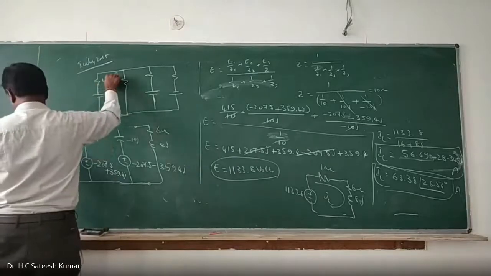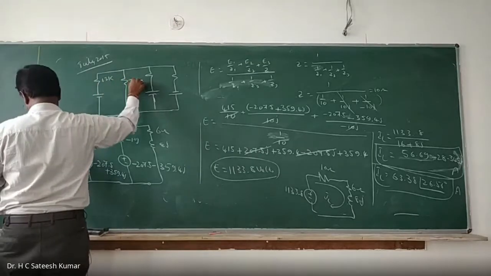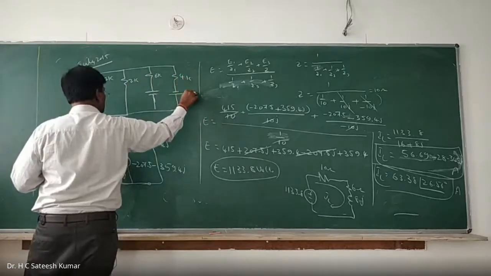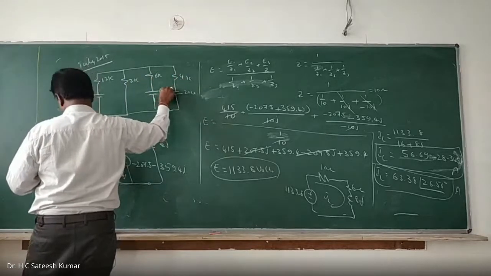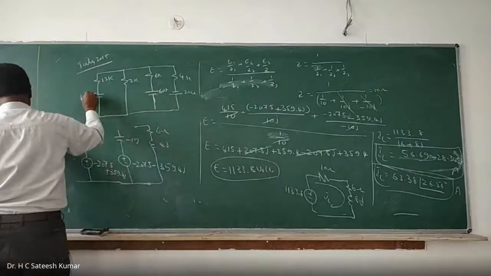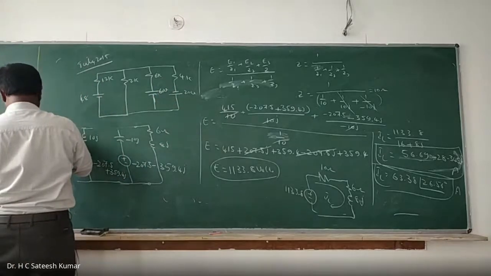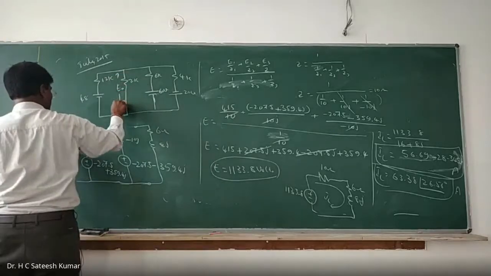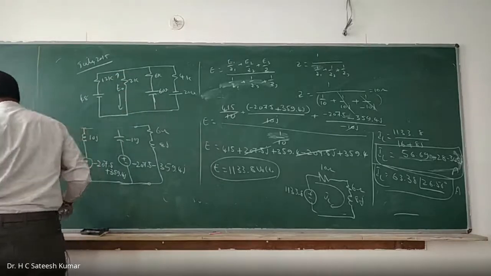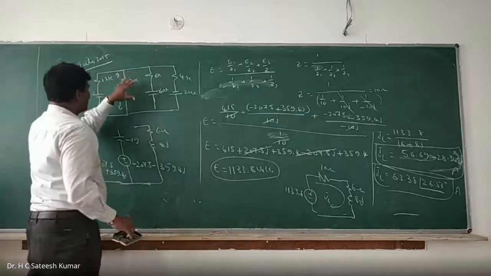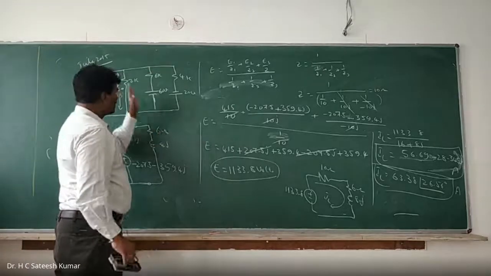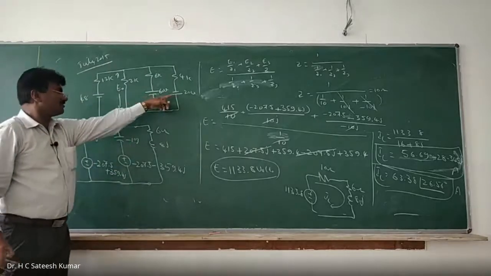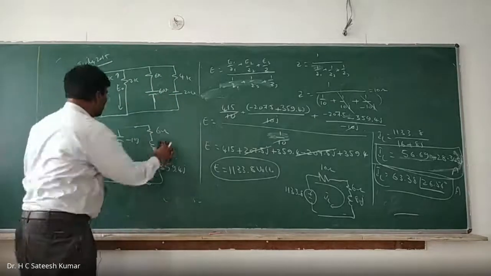12K, 2K, 6K, 4K, 20 volts, 60 volts, 48 volts. Now the question is, find the output voltage E0 using Millman's theorem. This is E0. So load he has given in the center, no problem, just to confuse you. When this point and this point are same, whether right here or here doesn't make any difference. Only thing you see that polarity, this is negative is connected. So therefore we have to make it minus.